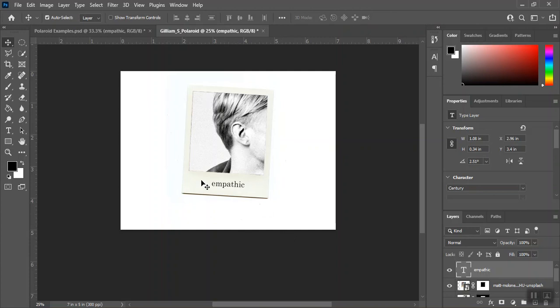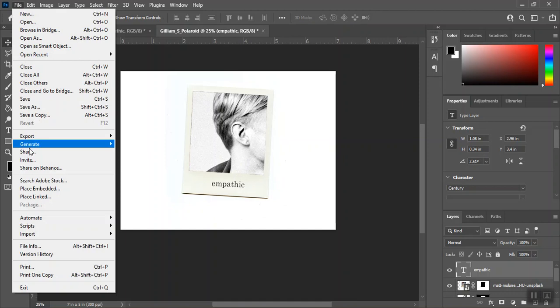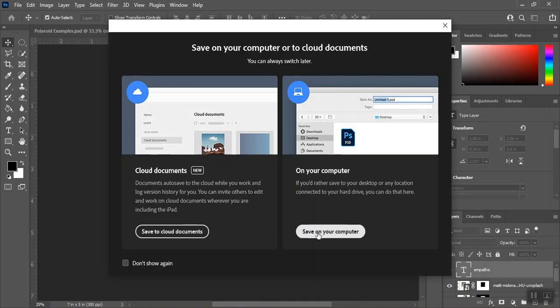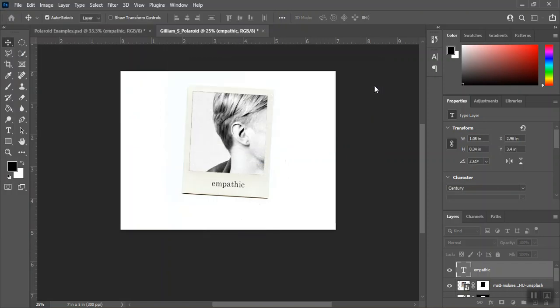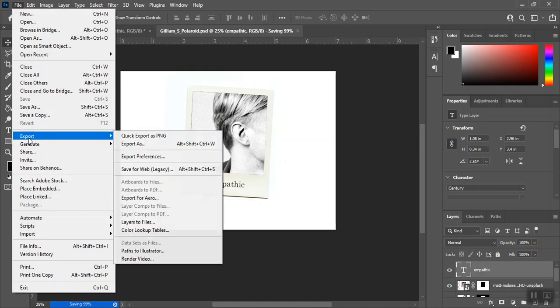So once you're done with this, you can go to File, Save As, click Save on your computer, find your number drive, save it with your last name, underscore, first initial, underscore, Polaroid. Save it as a Photoshop document, click OK, wait till it saves, and then you're going to go back and go to File, Export,